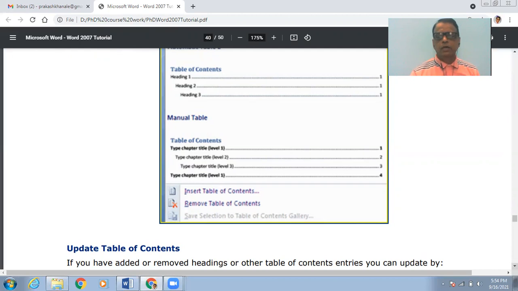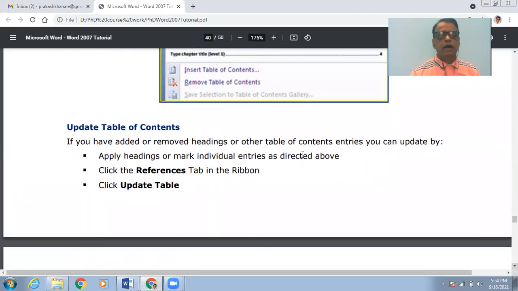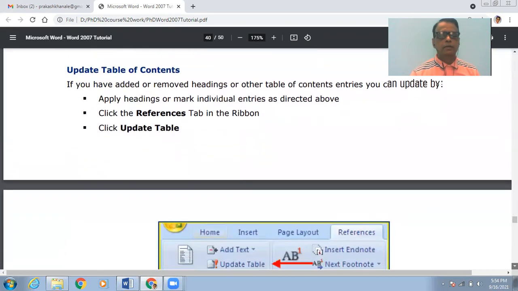button. Now, whenever you want to update the table of contents, if you have added or removed headings or other table of contents entries, it is possible to update your table of contents. So apply the headings or mark individual entries as shown above, then click the Reference tab in the ribbon, and then click the Update Table option so that the table gets updated automatically.